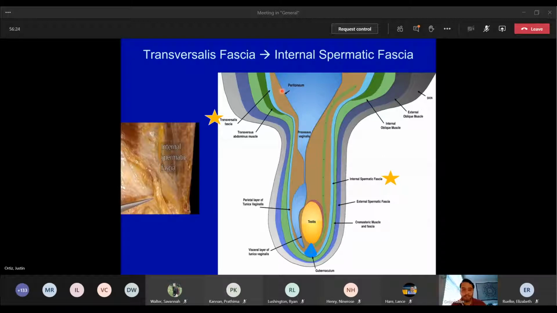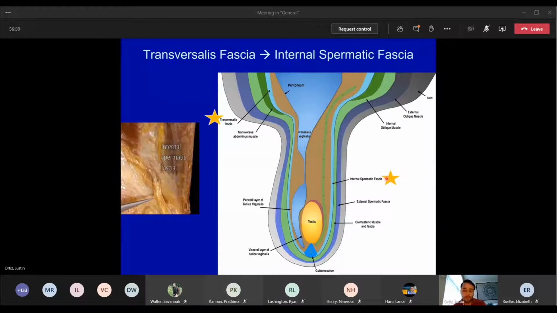Which structure is the transverse going? The transverse is just going side to side. It's going from like lateral, well, it's just going side to side basically, so transversely, just like that. Okay, so if we follow the transversalis fascia, basically this baby blue right here, going all the way down to the scrotum, right? Come all the way around, bam. There's a different name for it, right? Internal spermatic fascia, right? So again, you can see this transversalis fascia is turning into the internal spermatic fascia, which